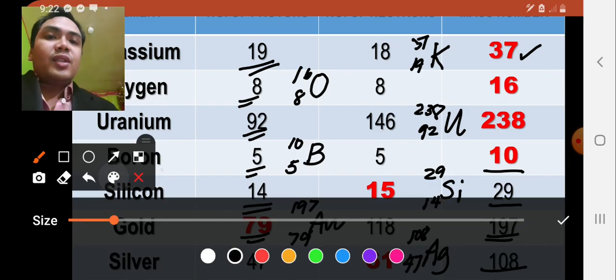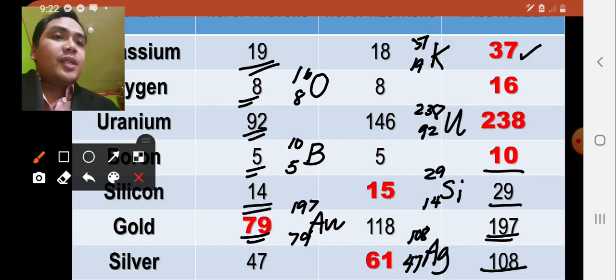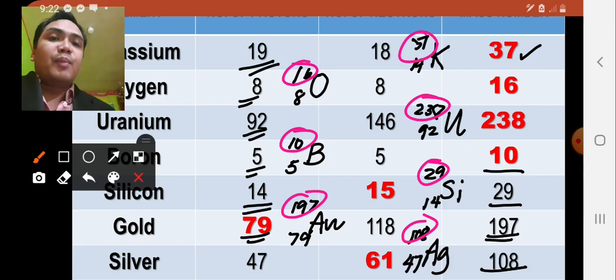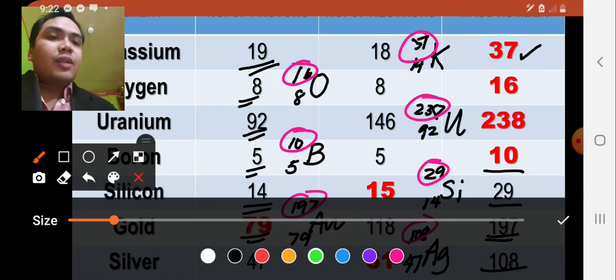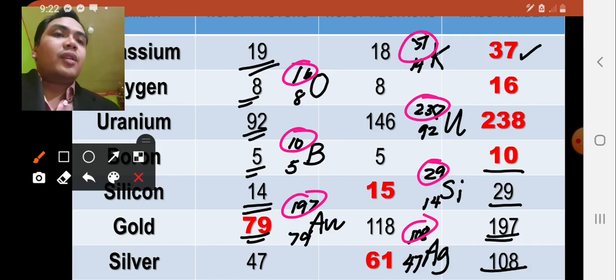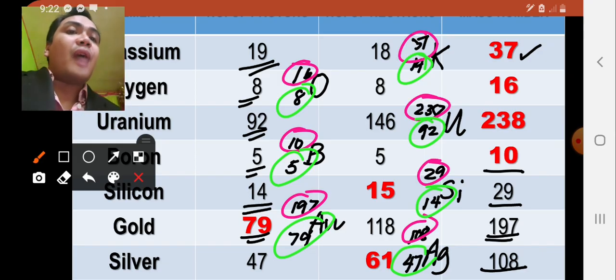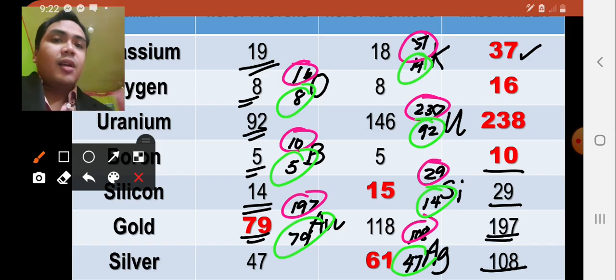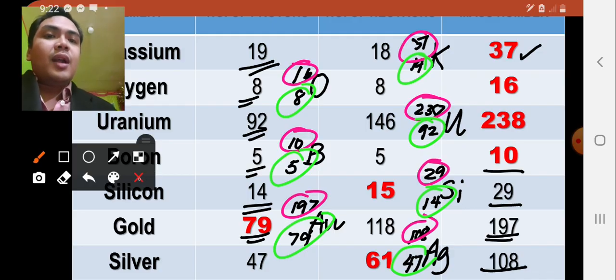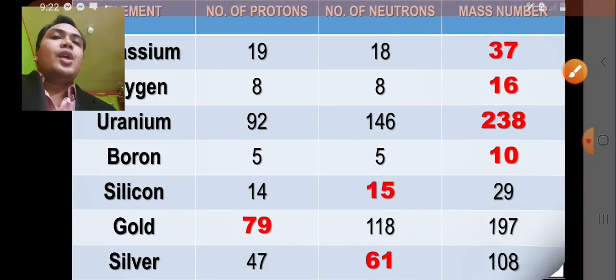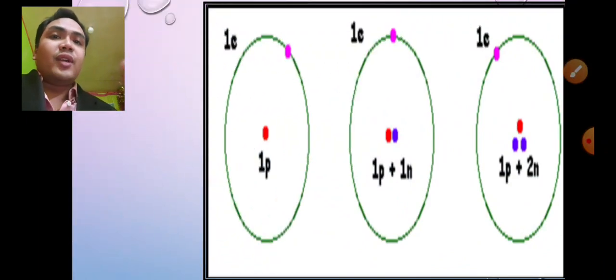So, to reiterate once more, the mass number of each element must be written on the upper left corner of the chemical symbol of an element, and then on the lower left corner, you have the atomic number, which is equal to the number of protons. So this is the procedure on how to write the isotopic symbols of each element using the mass number and the atomic number. Let's continue for this application.